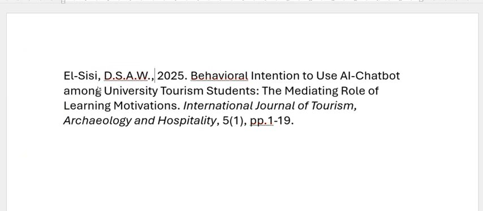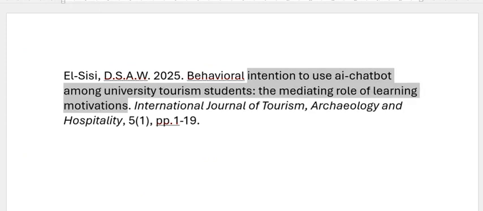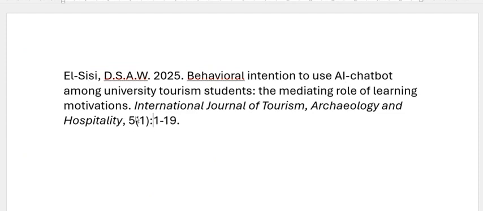So to make it go to CPUT or change it to CPUT format, delete the comma. This is all correct, but this should be sentence case, not capitalizing each word. So we make it just lowercase here, but you need to change this AI back to capital. Mediating, that's all correct. You've got the journal in italics, comma, volume, issue, and you just change this to that. There's your reference for this journal article. So each journal article or thesis you download, you immediately do the reference. Just to show you quickly,